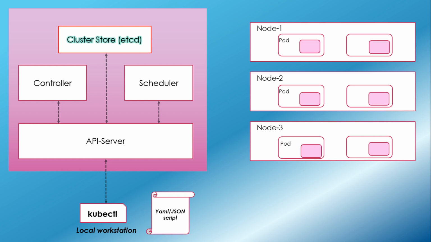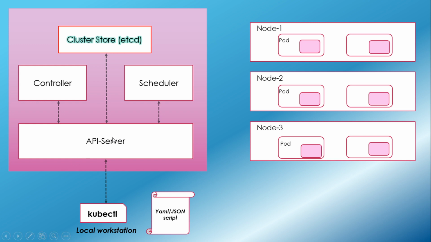Then the kubelet will inform the API server, "Yes API server, I have it running in my node only. It is running successfully." Then it will give appropriate details: status running, desired running, any issues? No. If there are any issues, every report will be given by the kubelet to the API server. The initial state is the desired state, now it is a running state, and the running state should be equal to the current state, because the current state is equal to the desired state as of now.